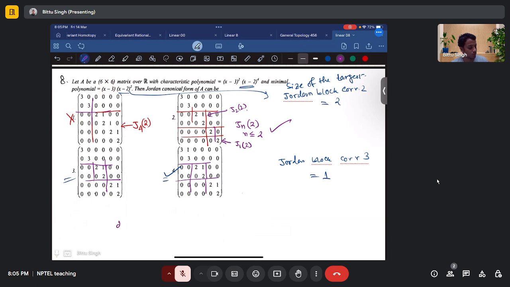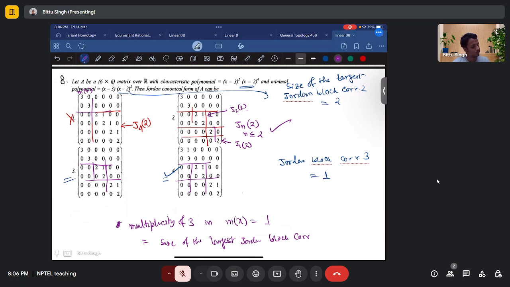So the multiplicity of 3 in the minimal polynomial m(x) is 1. We know the multiplicity is the same as the size of the largest Jordan block corresponding to